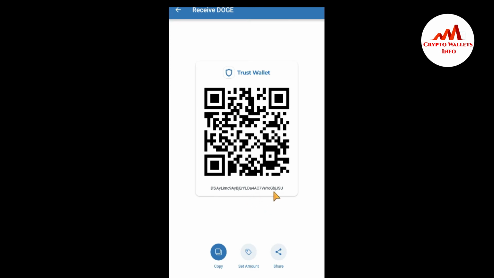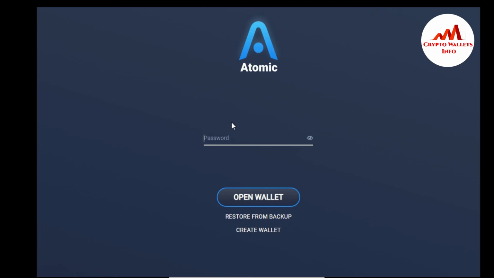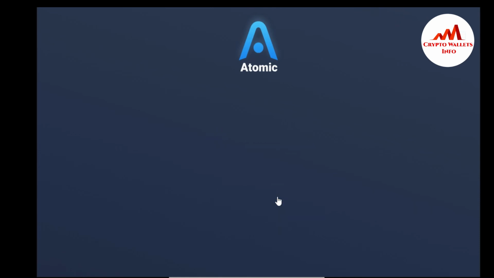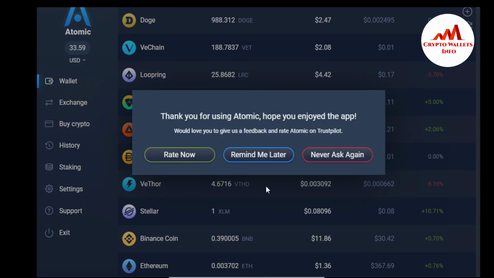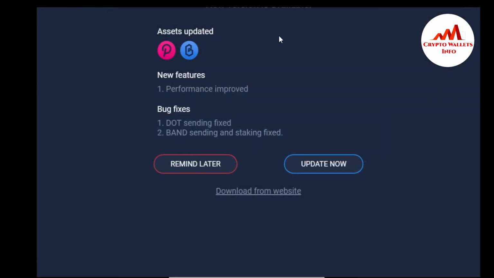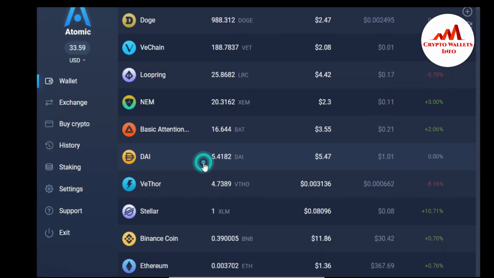I want to receive an amount on this wallet. So I'm going to open my Atomic Wallet, because I have some balance in Doge in Atomic Wallet. Open the wallet and click on Dogecoin. Remind me later.